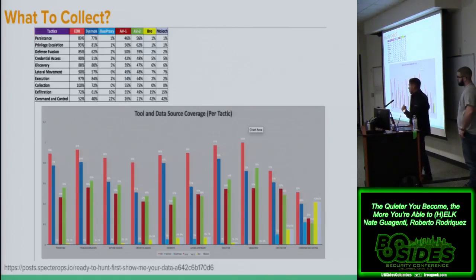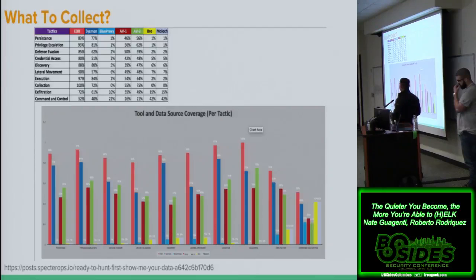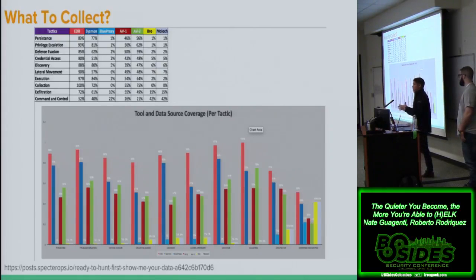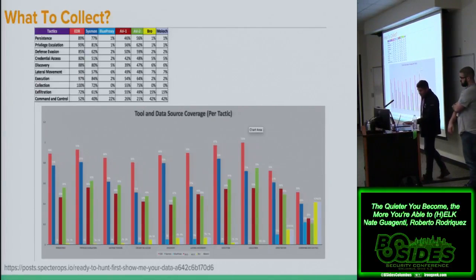They tell you that they can pretty much touch every single tactic, and they can actually give you most of the data that you need per technique, which at the end transforms into, like, per tactic, I'm helping you 89% for persistence, for example. But the reason why I say keep that in mind is that this is just from a data coverage perspective. If you go to the link at the bottom, that one is going to show you how you can explain a little bit beyond just the coverage, where you start talking about data quality and things like that.